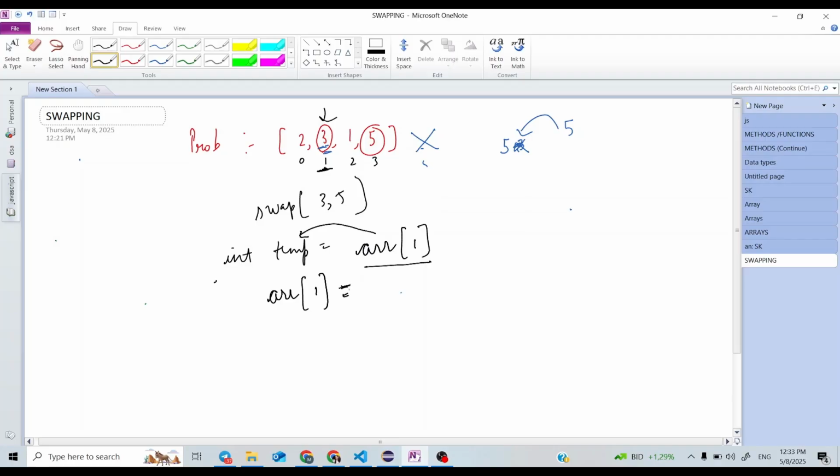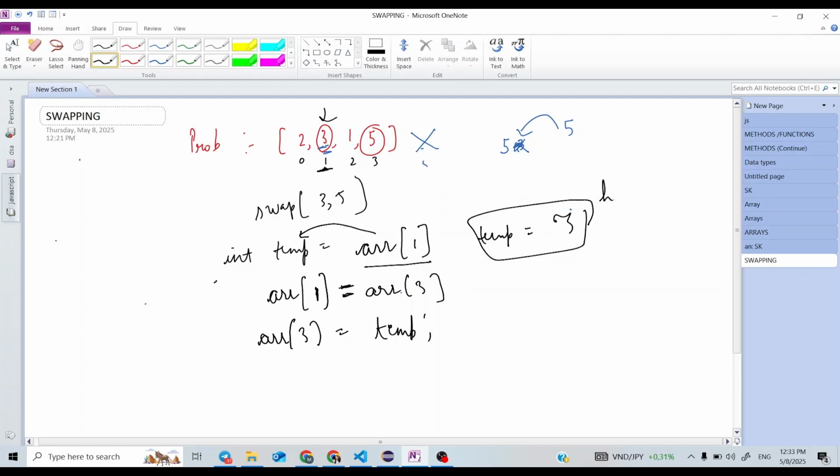So now I will be able to put a value in this array of 1. At array of 1 I want array of 3, and now at array of 3 I can put the temp variable. So my temp will be holding 3 now.